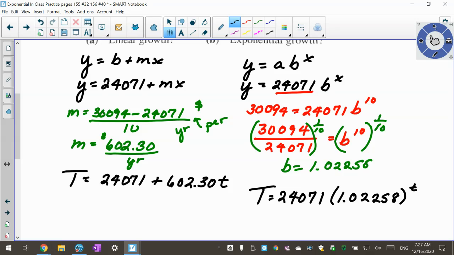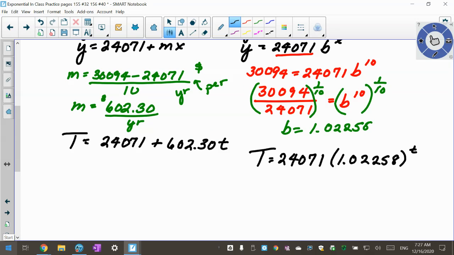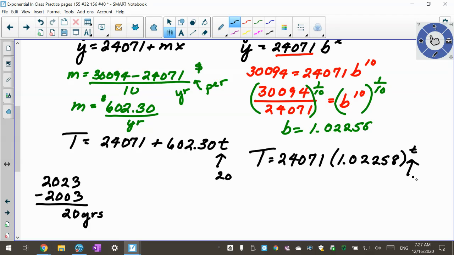Now, the rest of this question says, in 2023, according to both models, what would the tuition be? So I have to figure out what I'm going to put in my equation. And what I want you to do is make sure you show me this, because this happens all the time. I'm talking about 20 years later, right? So I'm going to throw a 20 in this equation and find out what my tuition would be. So when I actually plug the 20 in here, this is what I get,